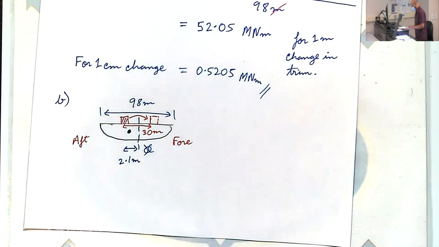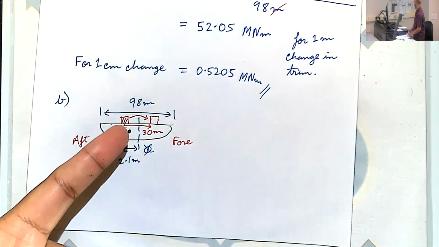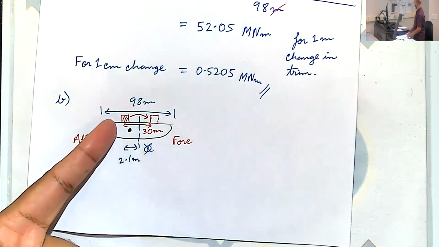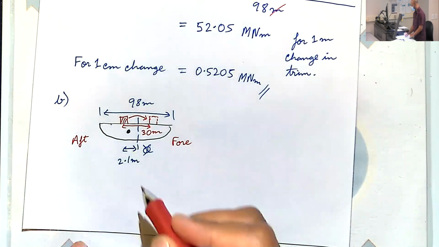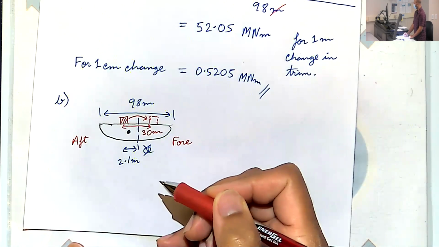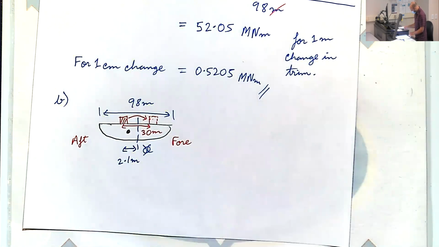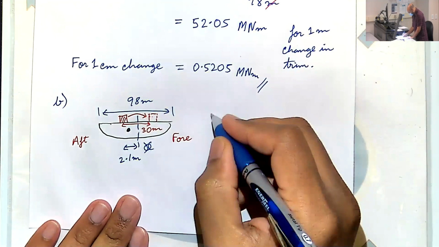To figure out how much exactly, first we need to figure out what's the moment change. So when we move this guy from here to here, we are generating a clockwise moment. And we can compute exactly how much. It's just the weight times 30. So change in moment is